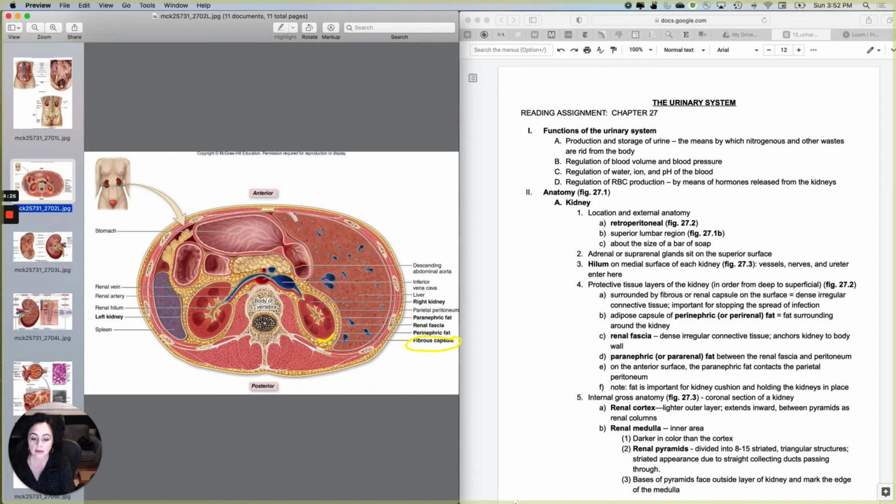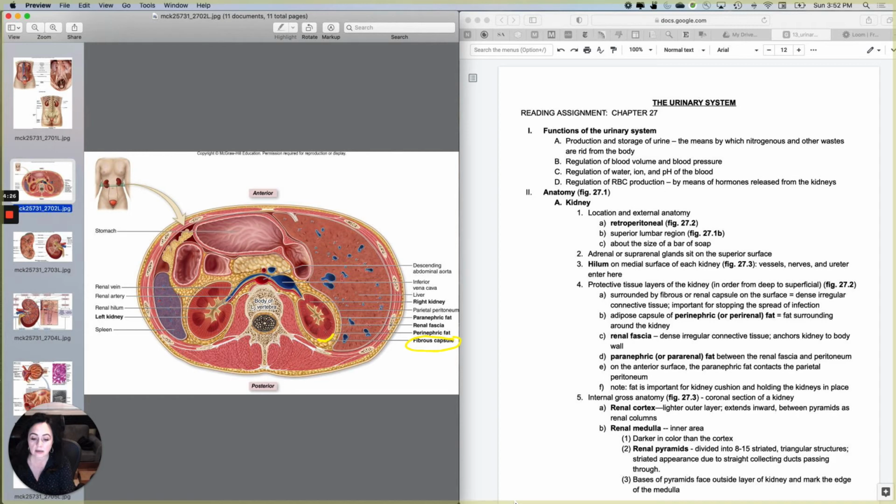It's made of dense irregular connective tissue, and if an infection made it all the way up the urinary tract into the kidney, this will generally be the place that it stops. And then superficial to the fibrous capsule is going to be another layer, this layer of fat that's directly next to the kidney. That's called the perinephric fat, which is running all the way around here, just superficial to the kidney. The perinephric fat, also sometimes called perirenal fat, is the fat that is closest to the